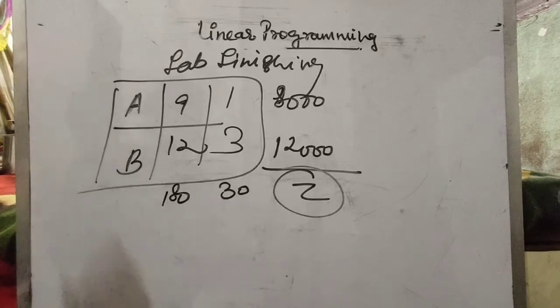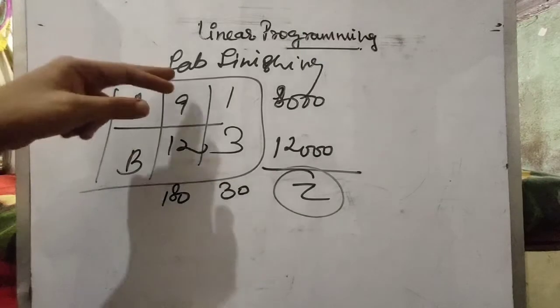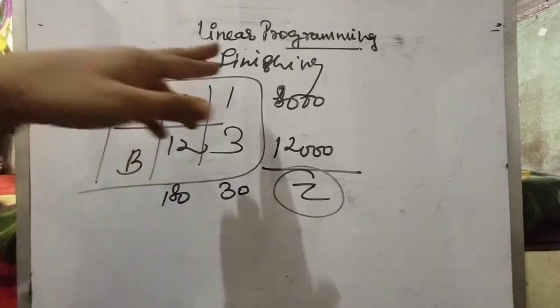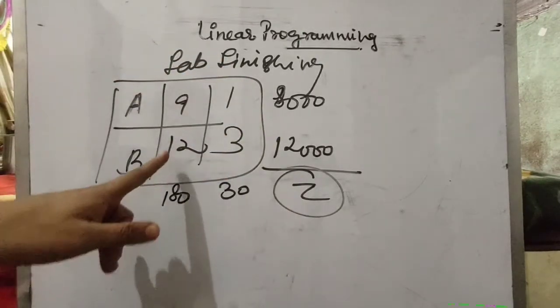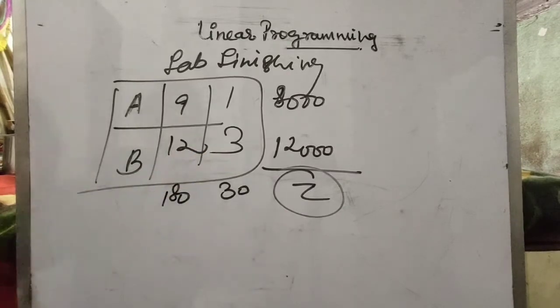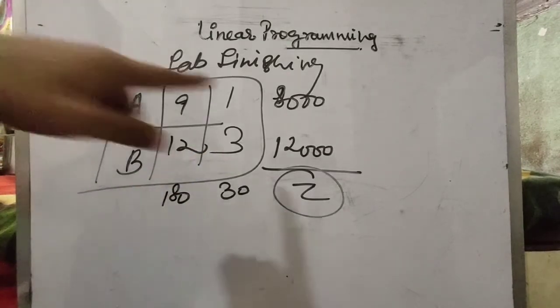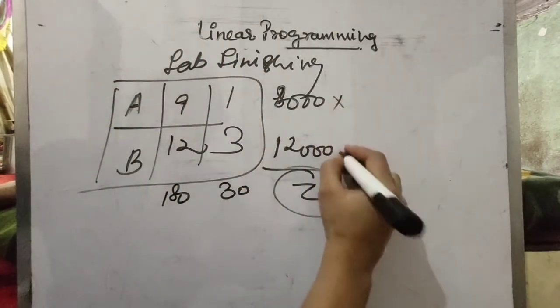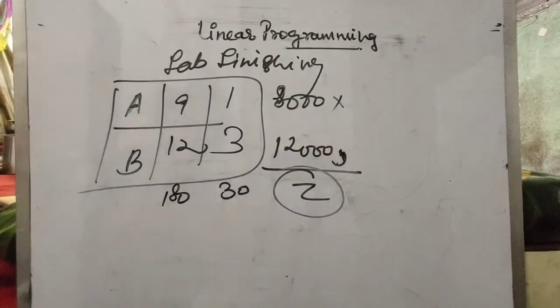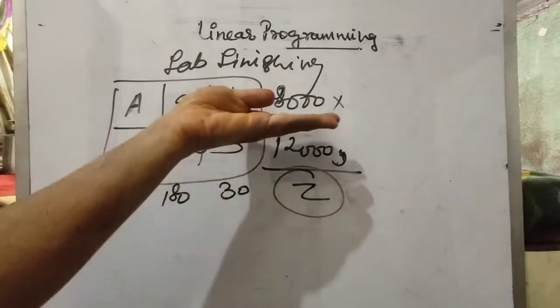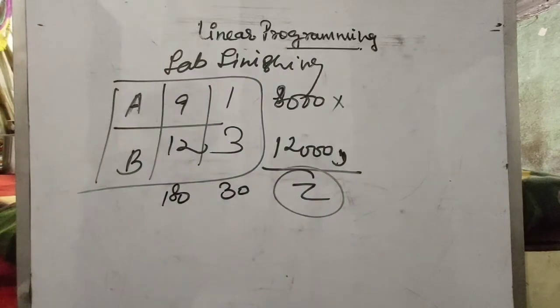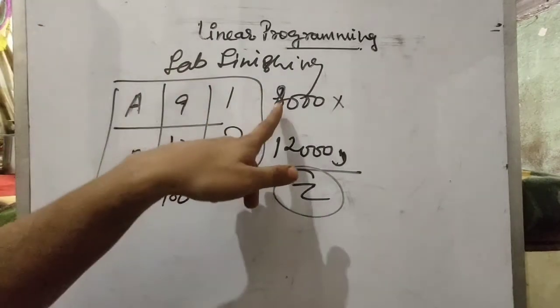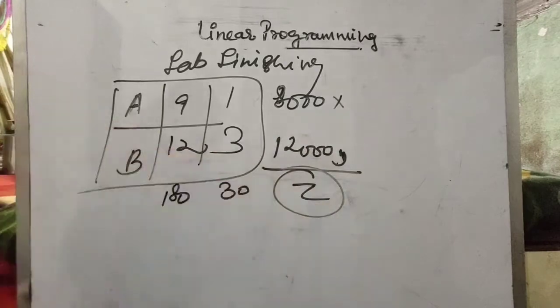So now look at the whiteboard. You have two models, A and B, and the first one takes 9 hours for fabricating and 1 hour for finishing, and the next one takes 12 hours and 3 hours respectively. Now you need to maximize the profit of the company from A and B. Whenever you don't understand what you need to maximize, just look at the other factor that is given to you for maximization. So you will keep it as X and the other one as Y.